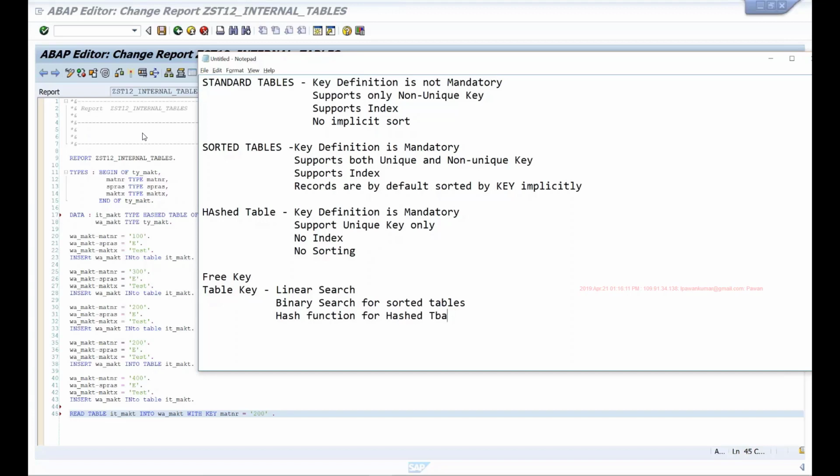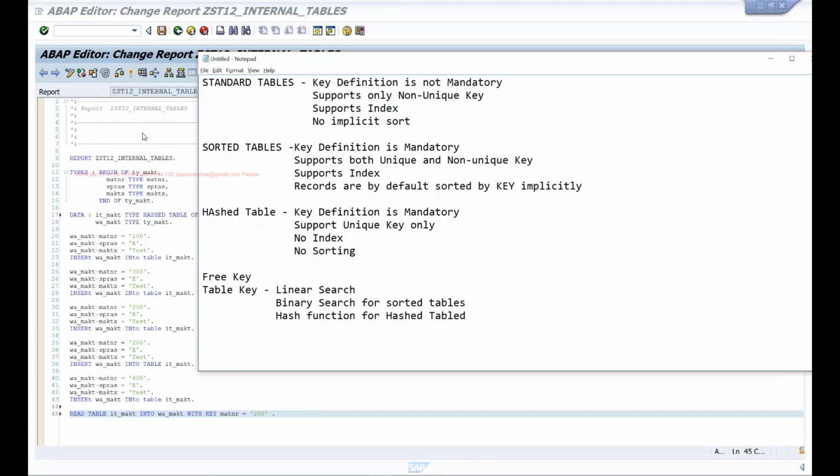And we've also understood that when I'm using a table key, linear search is slow because it checks every record. Binary search is faster because it is dividing the values and accordingly trying to figure out where exactly the row is stored. And hash function doesn't really check the record, so it's always constant. The read time is always constant for a hash table if you're using table key.